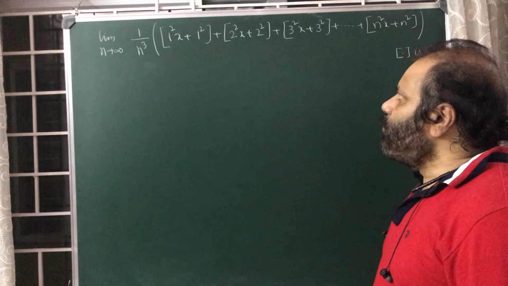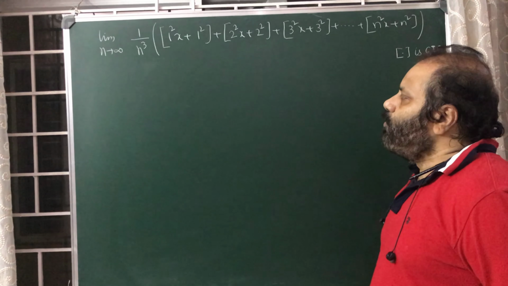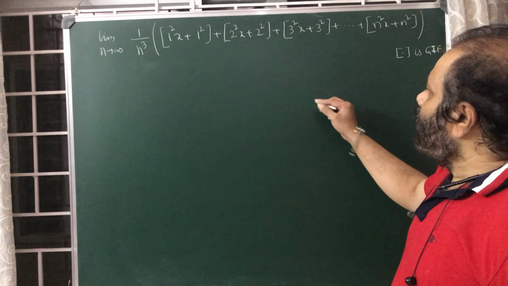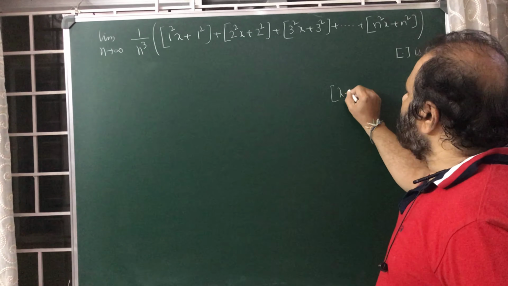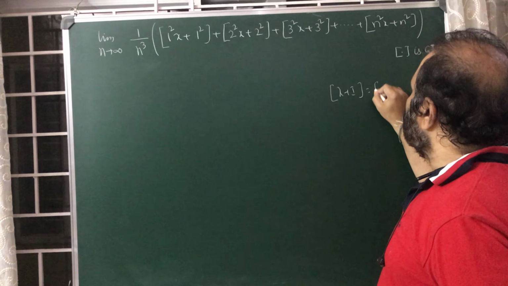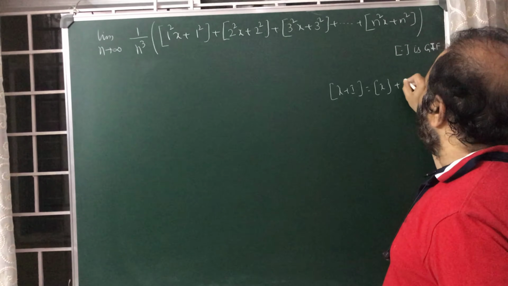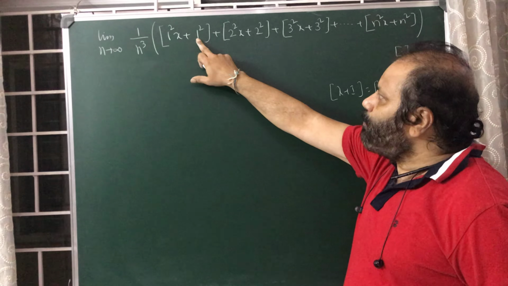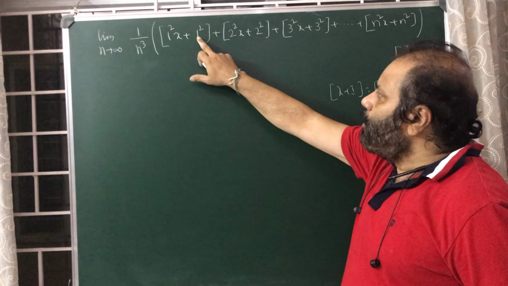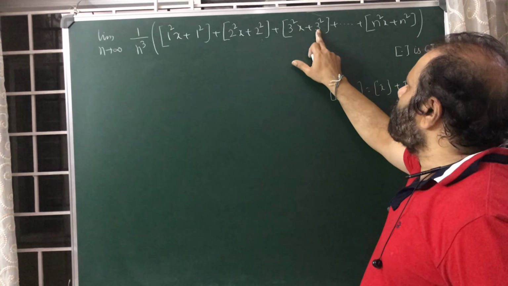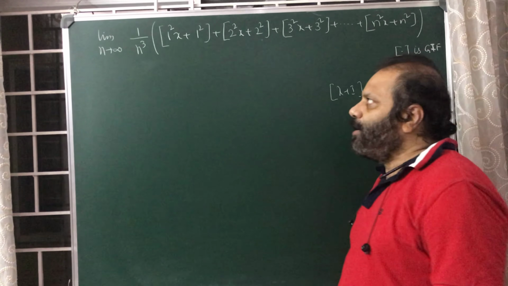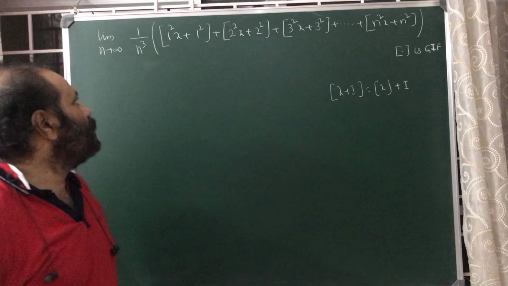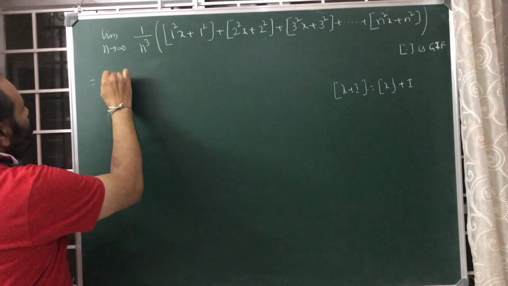So what we have to do is very simple here. We know that step of x plus I equals step x plus I whenever I is an integer. Fortunately, in every bracket of this step function, 1 squared, 2 squared, 3 squared and so on, n squared is added. So I want to bring all the things back.